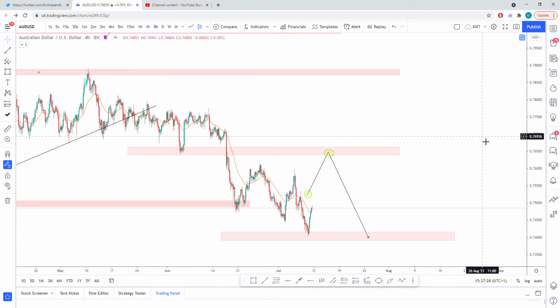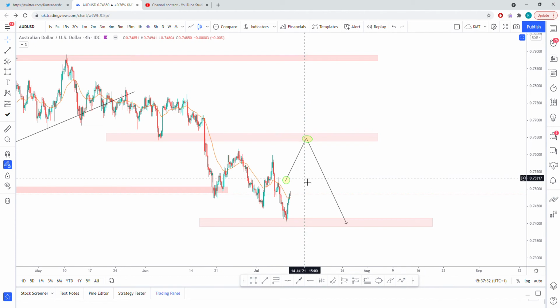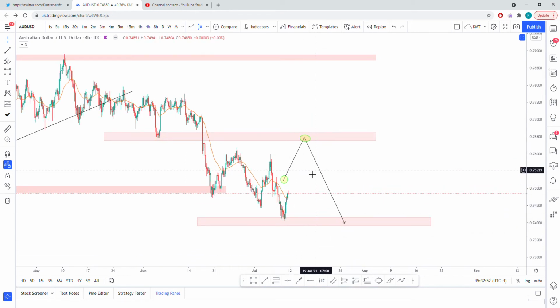So now moving on to AUD USD. Last week, what I was looking at was a potential target for 0.74, and we can see that price had clearly got into this, but it's now started to retrace. What we were anticipating was for price to make some sort of retracement higher and then to push lower. So seeing as we've now hit that 0.4 level, we can now potentially play within the 0.676 range and the